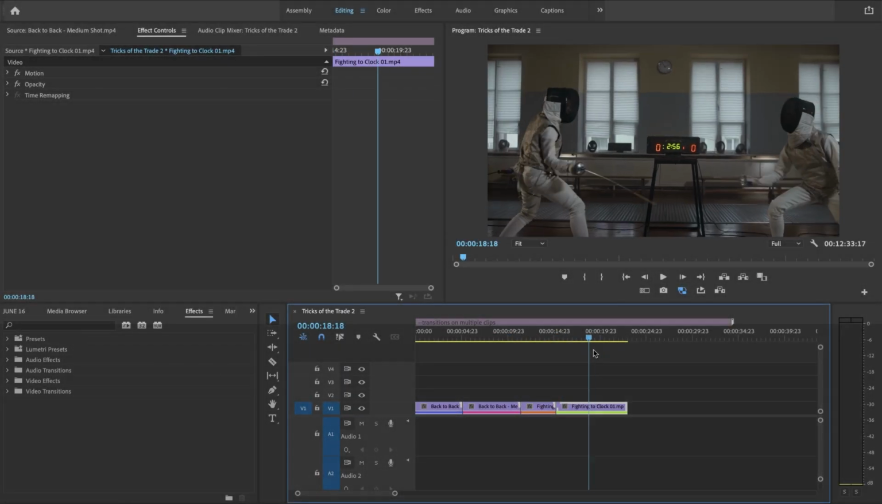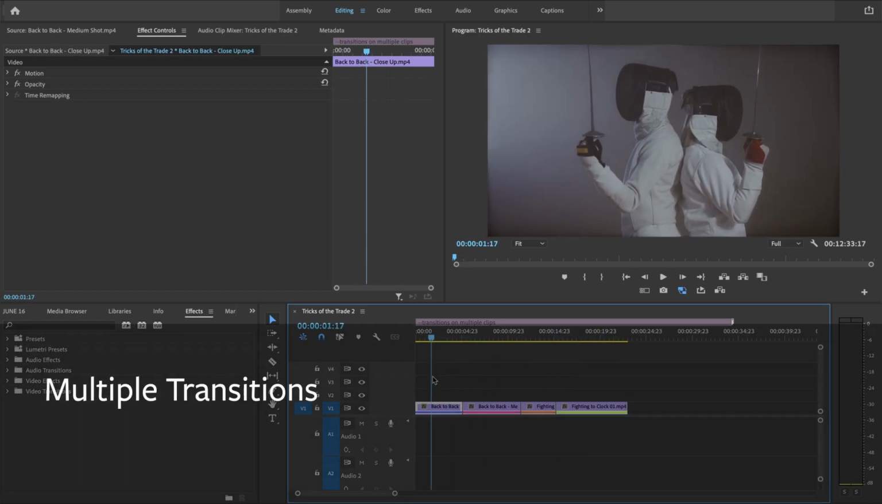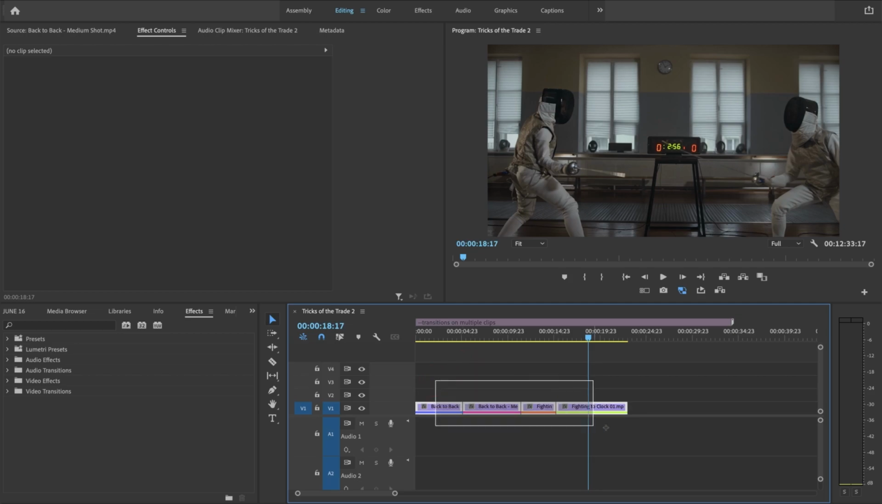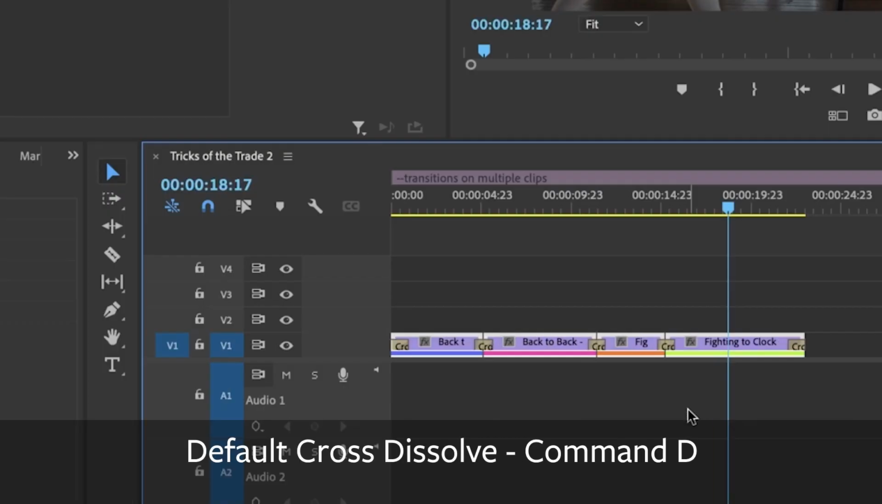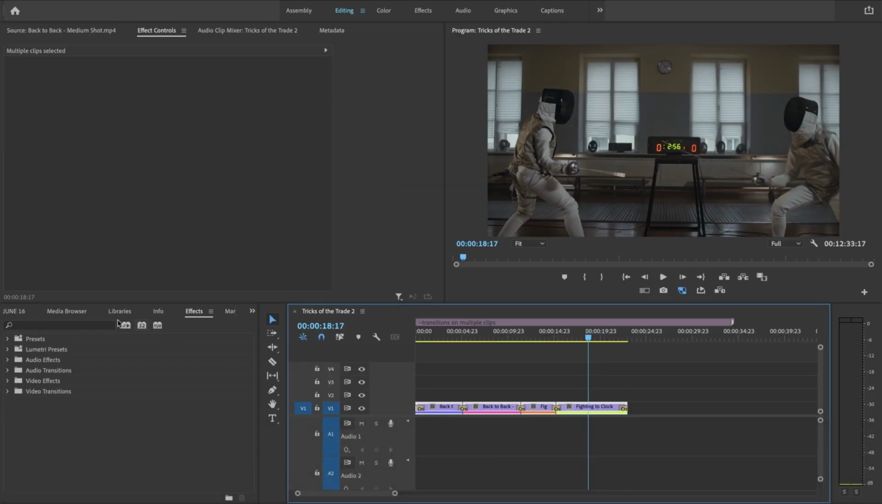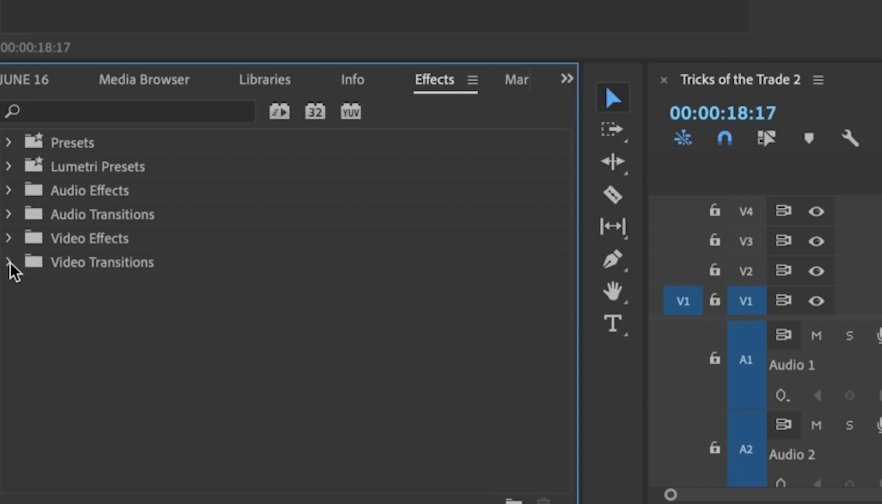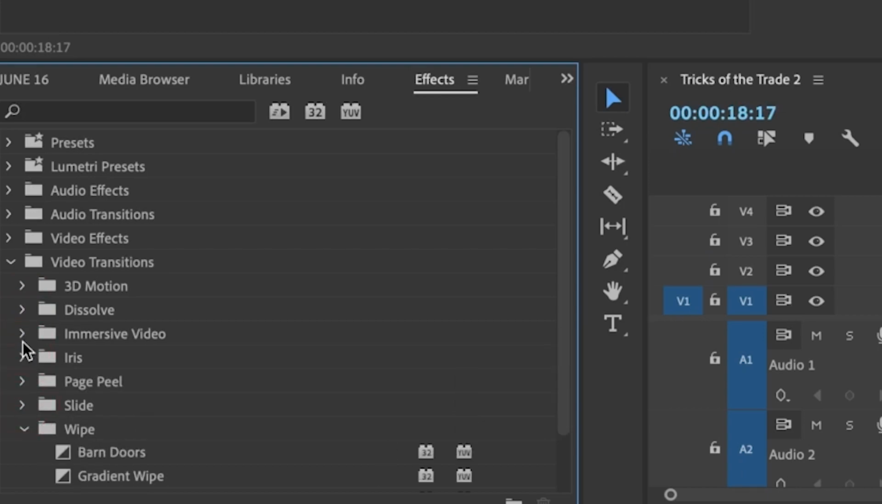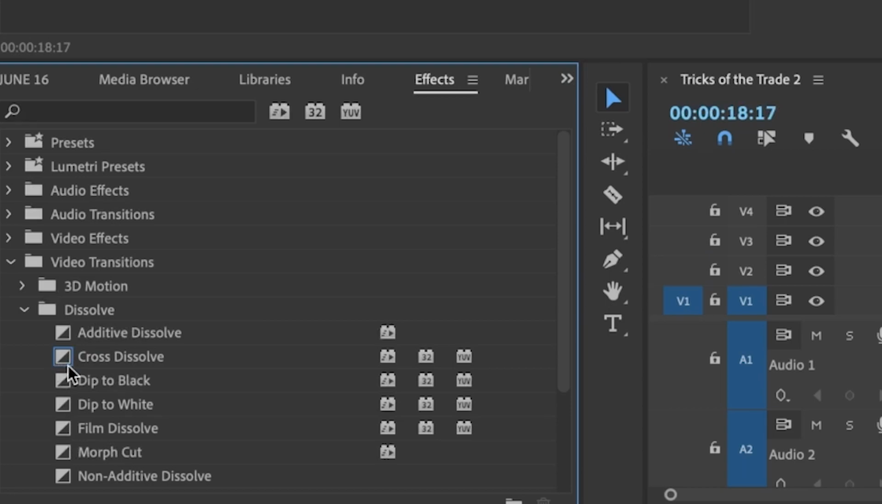One thing that editors do if they want to have a lot of transitions, they could select a series of clips, highlight them like so, and then Command D, which is your default cross dissolve. Your cross dissolves are here. Here's your project, here's your effects panel, and here's your video transitions. Your dissolves are located under dissolve, and you can notice how there's a blue highlight around cross dissolve because that's